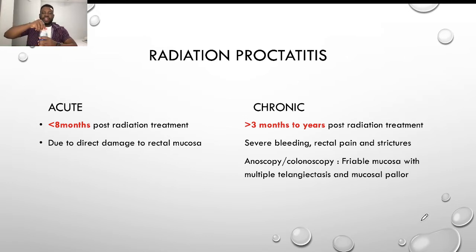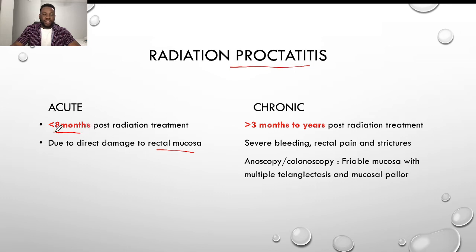Next is radiation proctitis. So we have acute and chronic radiation proctitis. So radiation proctitis is going to be in a patient who has had radiation maybe in the last 2 years or last 3 years. So acute usually is less than 8 months. They have bleeding and inflammation of the rectal mucosa, and so this is going to be in a patient